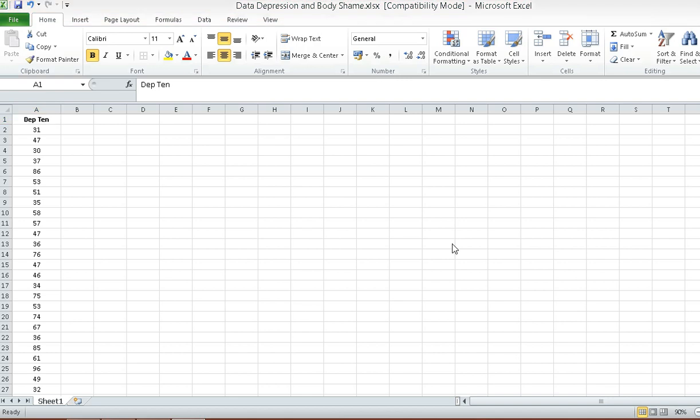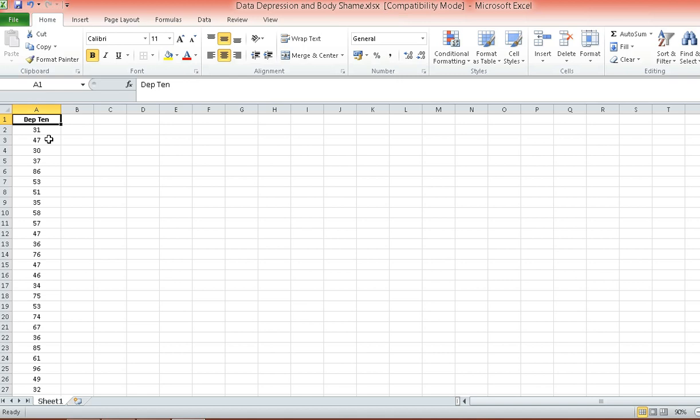Alright, so for today, I'll try to demonstrate how to perform frequency distribution using Excel. In particular, I will also include a demonstration on how to do a histogram using the same software, which is Excel. So for today, we'll deal with this particular data set.